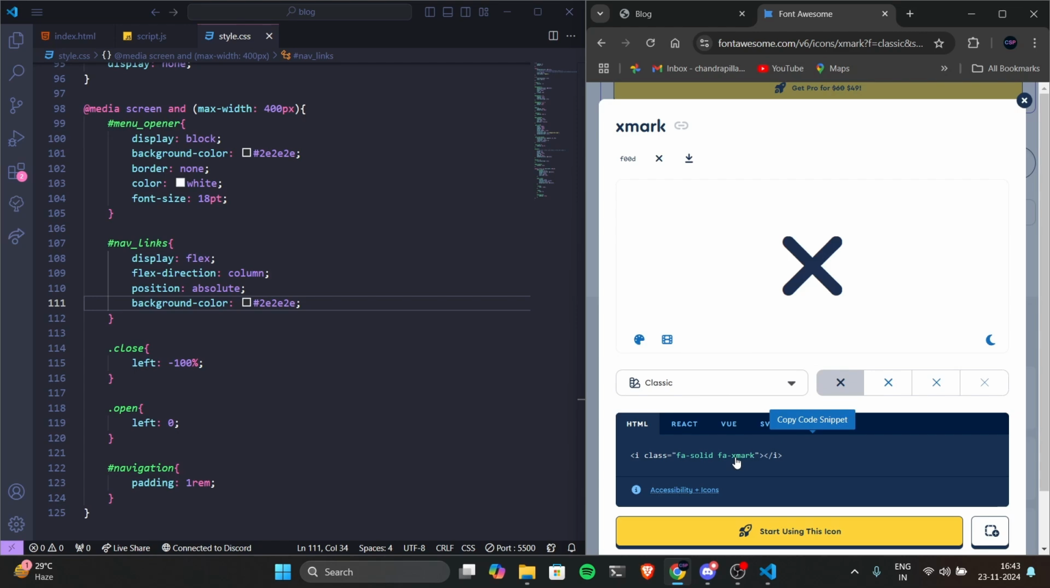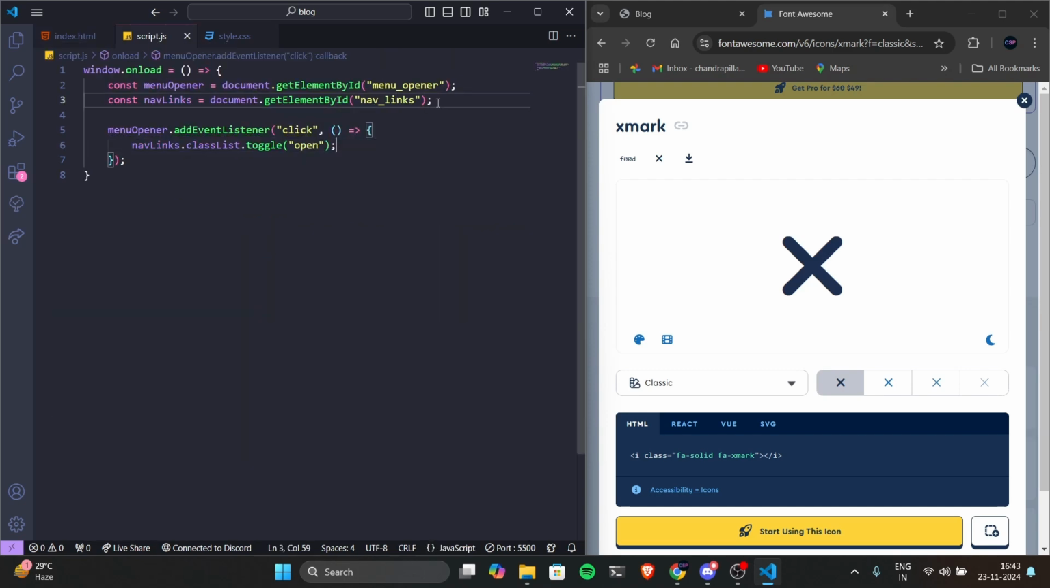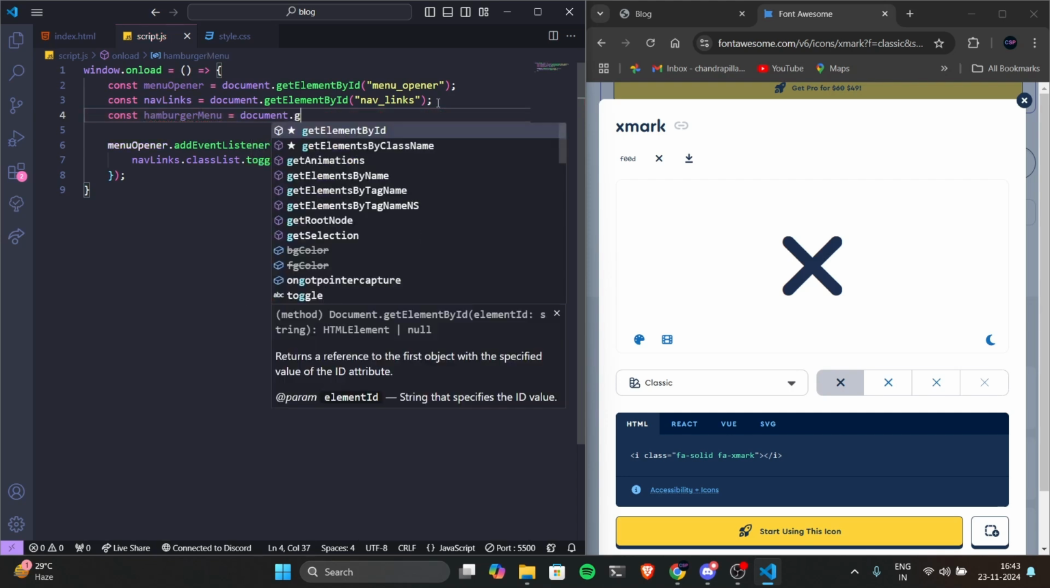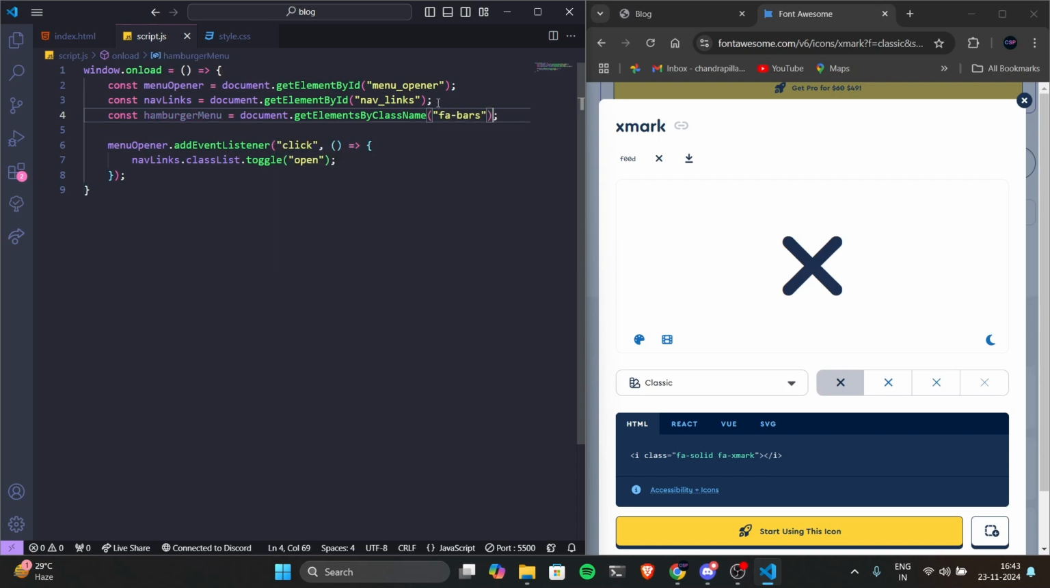Okay. So you can access this specific element using our class name fa-bars. So I will go here and then const hamburgerMenu is equal to document.getElementsByClassName fa-bars. So now what basically happens is even though it returns a single item, it will return as an